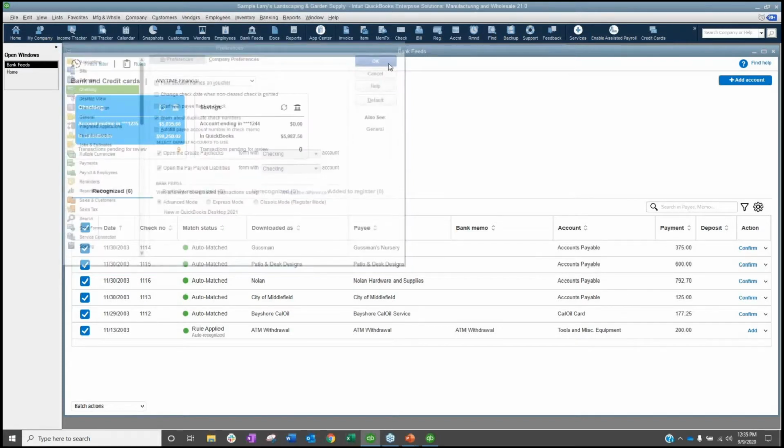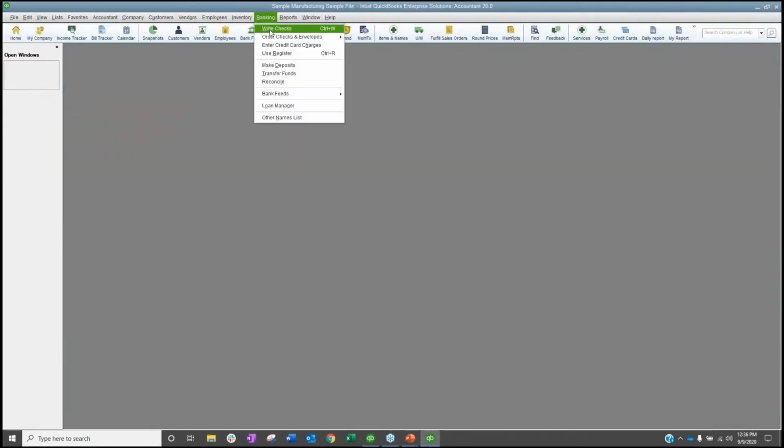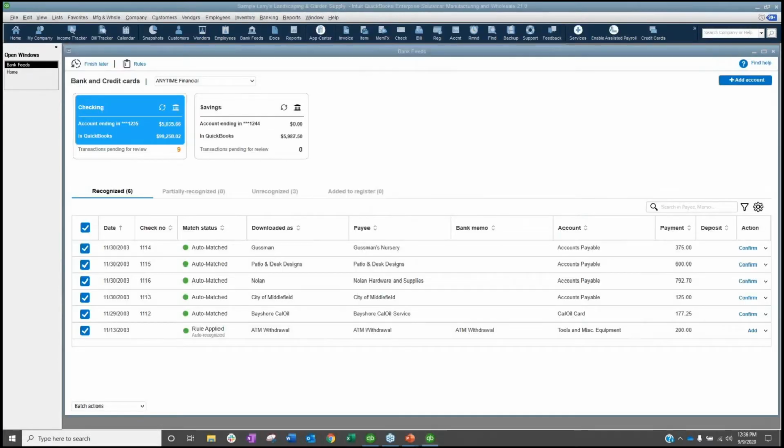When you log in for the first time, I was going to show you guys in 2020 what it looks like, just in case you have forgotten. Oh, I'm not in the right file. I'll get into the right file and show you guys what it looks like in 2020, just in case anybody forgets what it used to look like.